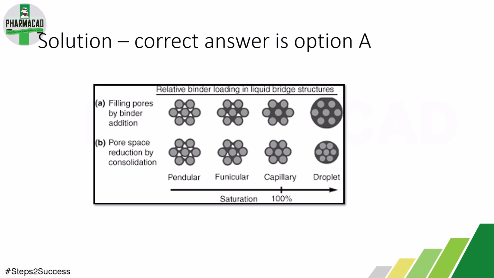So here you can see that in pendular there are just these granules, nothing else, with this white space between them. While in funicular you can notice that the adequate binding solution has been released in the granulation, and the dark part is the solution. While in capillary stage, in this stage the binding solution is interrupted by the capillary action. You can see that because of capillary action all the particles